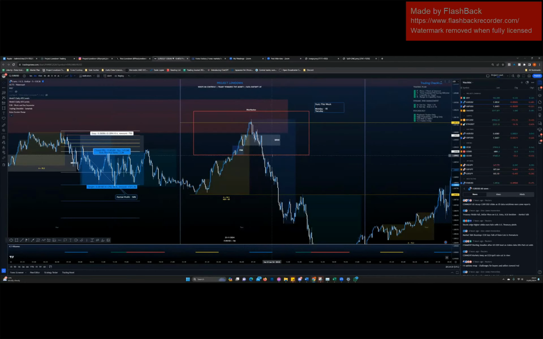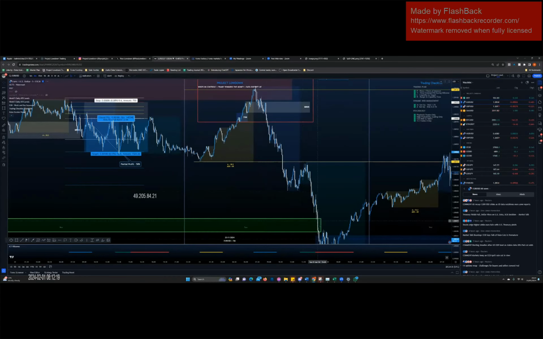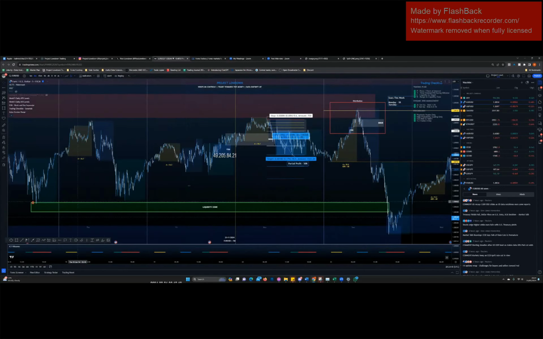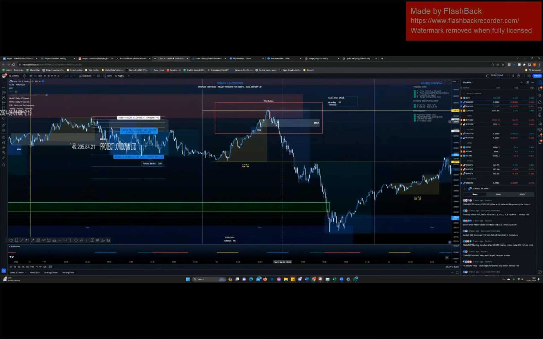I got in super late, but the point is, Dutchy caught this super early. I think Dutchy got in from like here, right? And I know there were a few other people that got in earlier than me. I was just falling asleep at the wheel or whatever. I got late to the party, but I got in because I knew there was enough range, because I was trying to play the weekly move, because I wanted this from the beginning. So if I had not been asleep at the wheel and I got in where I was supposed to,